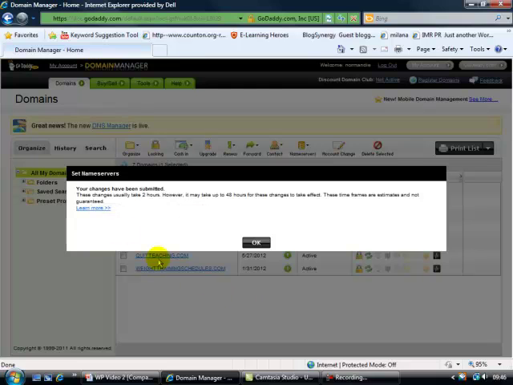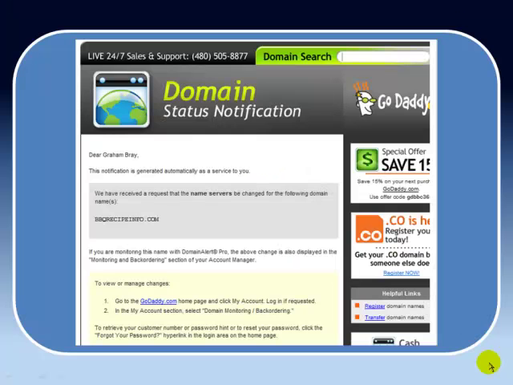And what it'll now do, it says your changes have been submitted. So what this is now doing is pointing our domains to Hostgator. It says here it usually takes 2 hours. It may take a bit longer, but we'll give it a couple of hours and we'll come back and see what's happened. Okay? Right, so hopefully now we've had enough time elapsed and our domain has been transferred to Hostgator,